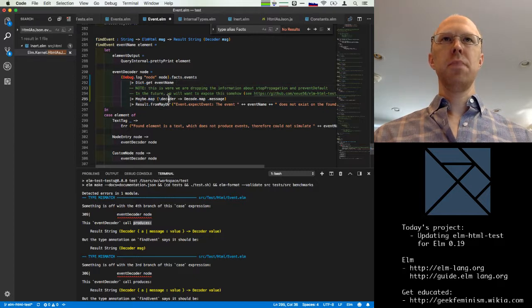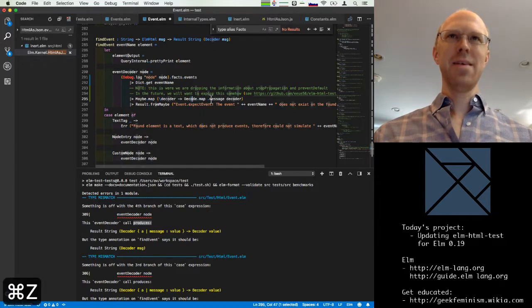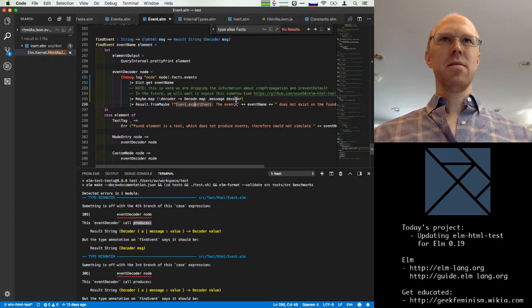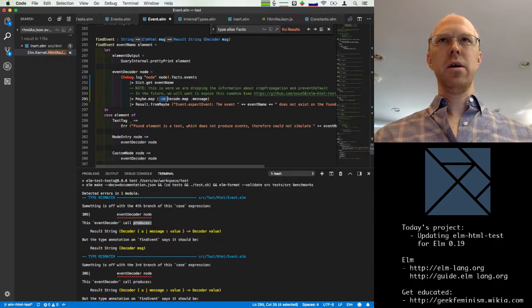So we do the maybe map. We should get the decoder. Oh, I'm not passing the decoder to decode.map. Okay, that's the problem. Which means then, since this is the last argument, we can just curry that away.